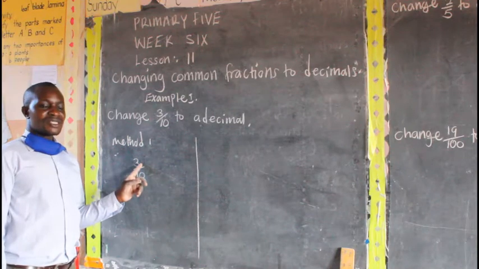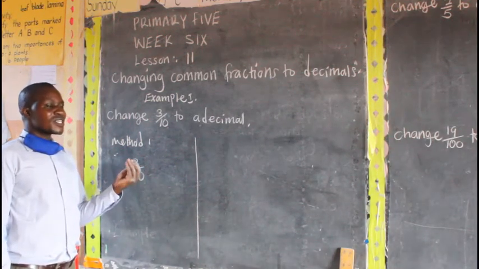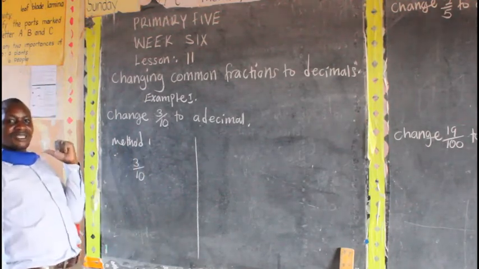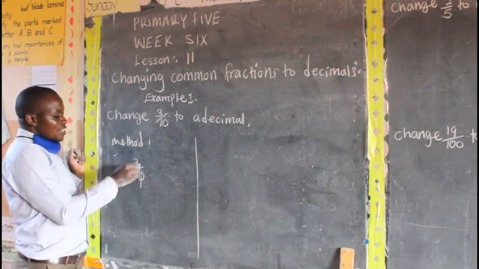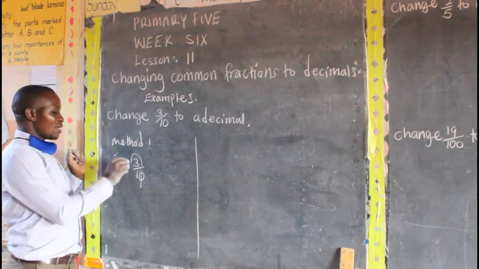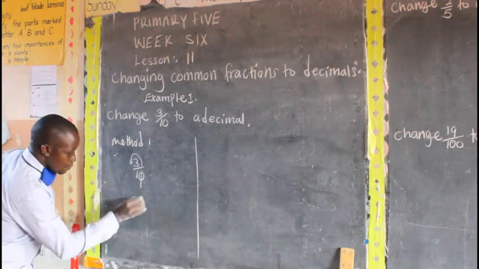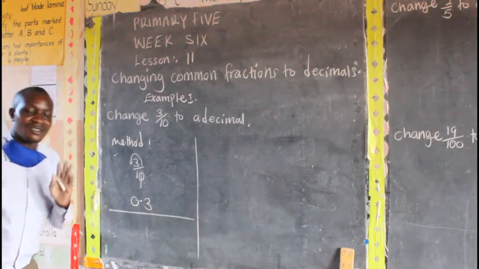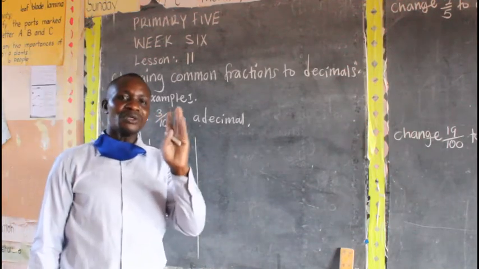When you cross a 0 down here, the decimal point jumps 1 digit to the left-hand side. So when I cross this 0, the decimal point which was here comes here. Finally, the answer becomes 0.3. If there are 2 digits down, then the decimal point must jump 2 digits